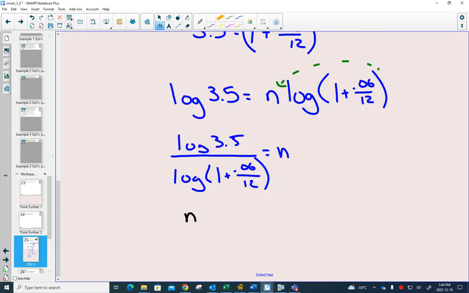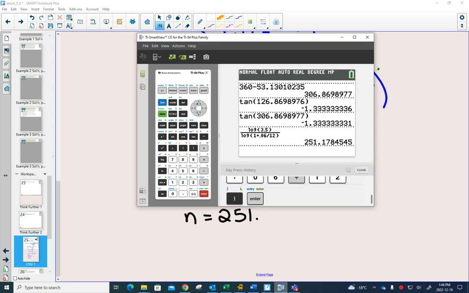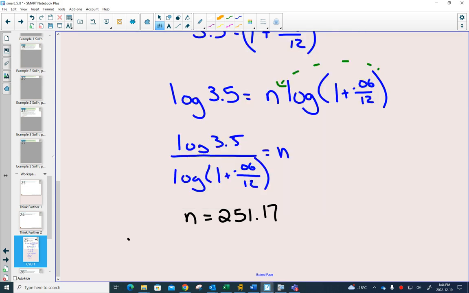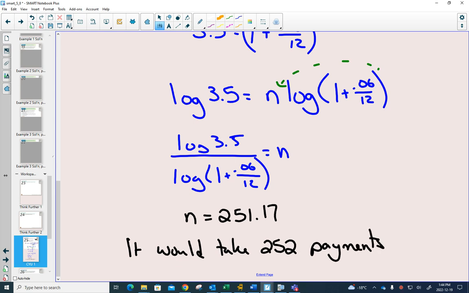So we can write here n is 251.17, and as our answer, it would take 252 payments. It's kind of like if you're painting the walls in your room and it's going to take 1.1